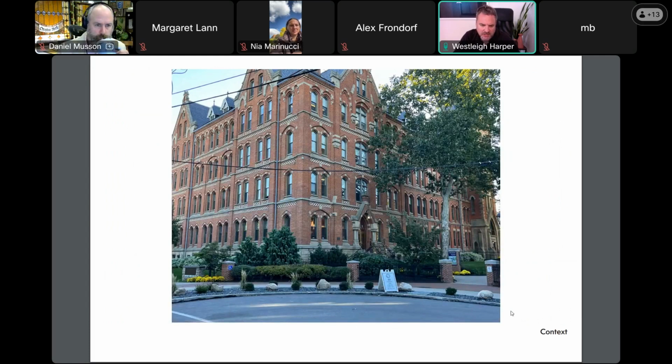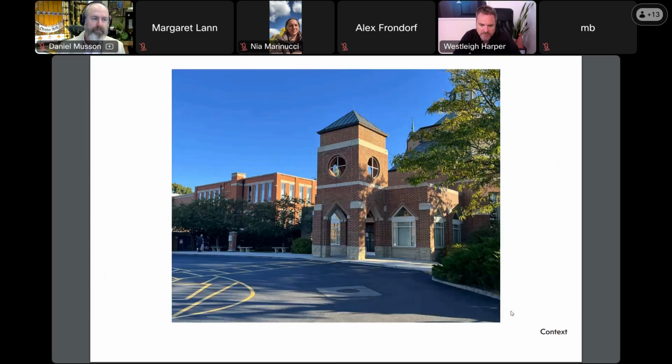Here's, of course, the St. Ignatius main building. Another structure. This is a little bit further west on Lorraine. You can start to see some of the geometries in some of the surrounding context will eventually overlay into our proposal for the renovation of the building we're talking about today. Next.